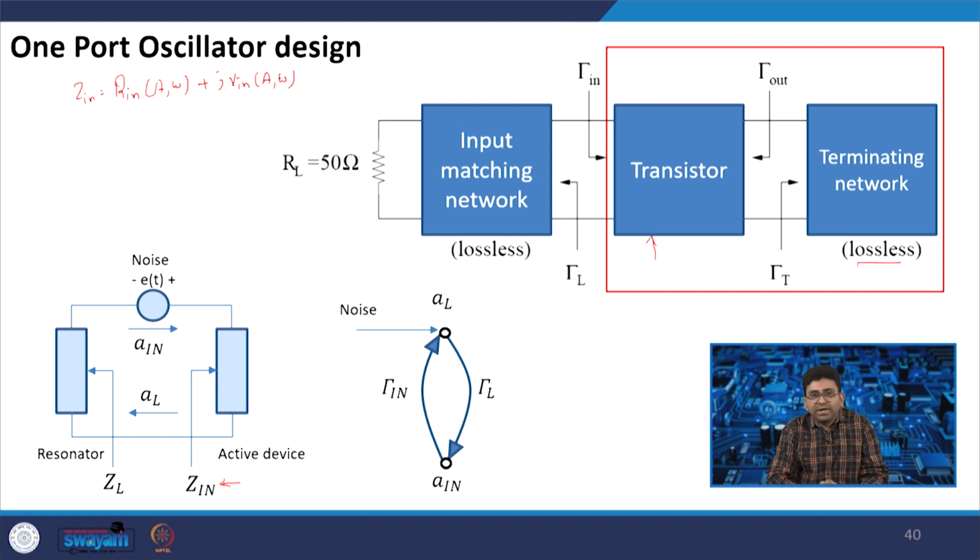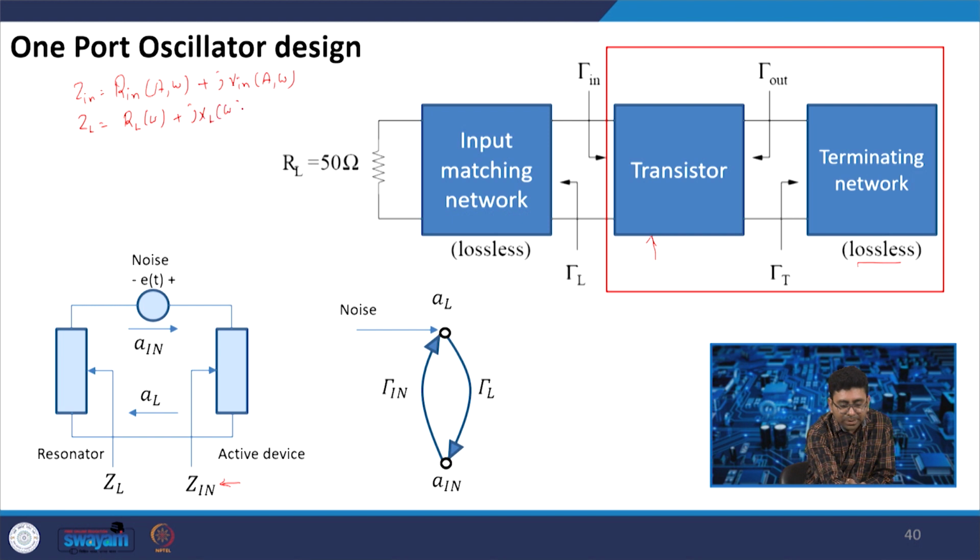So, this we can write as the input impedance that we see on the active side. And we can write Z L, which is equal to R L (omega) plus